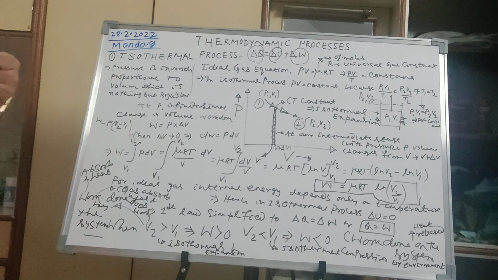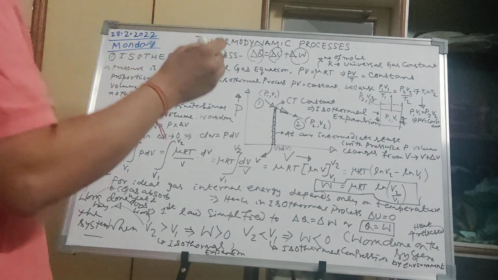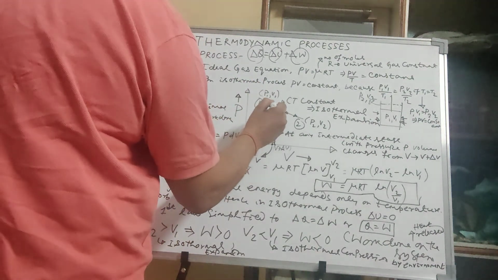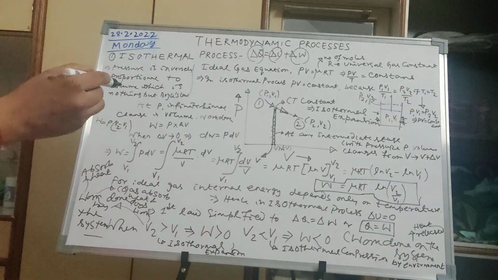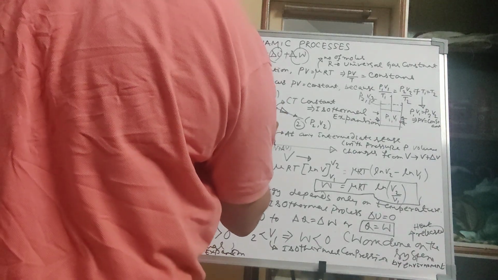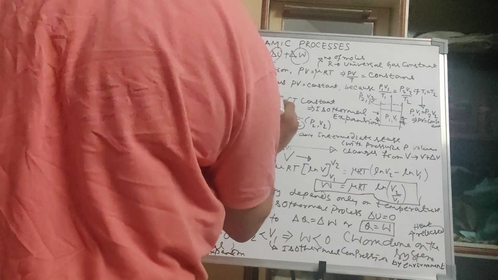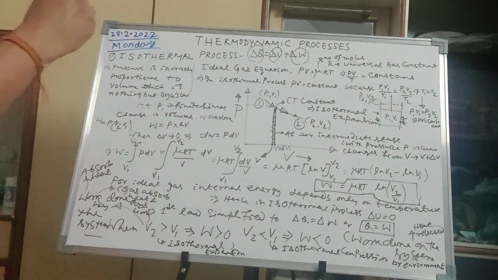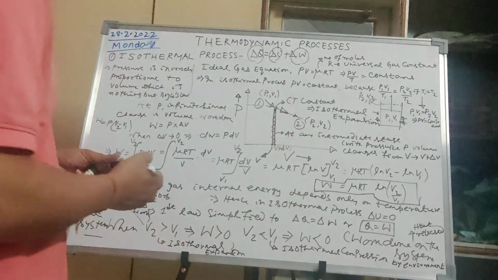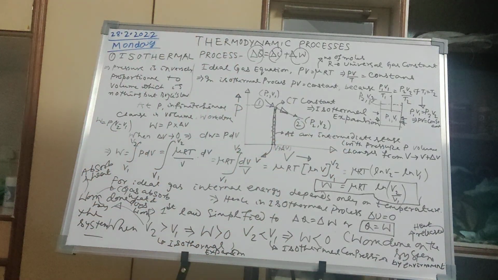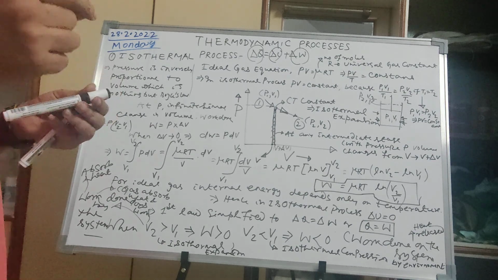In integration, you do integration. So here, let us say this is a completely straight line. If it is a straight line, what does it mean? That means the pressure is completely constant. So the pressure is constant, but the volume changes by an infinitesimal volume, which is nothing but V2 minus V1,